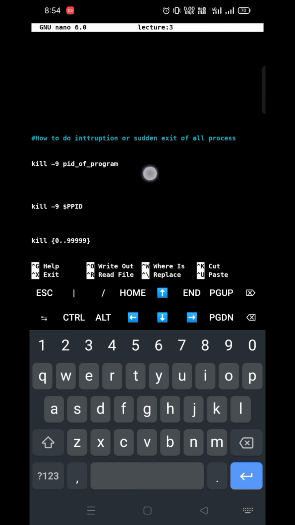Now, how to exit if you are stuck in any process. If any process is stuck, nothing is working, then what you can do is use the kill command to kill the session or even kill the termux. Okay, it doesn't mean it will damage your termux, just it will kill all the sessions and exit the termux safely. Okay, if you want to kill a special program, then what you have to do is